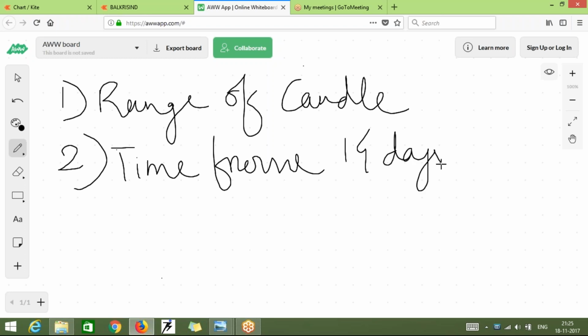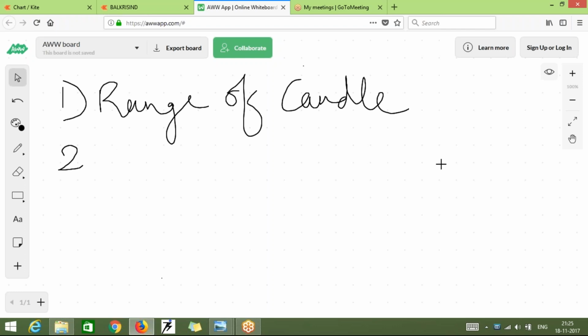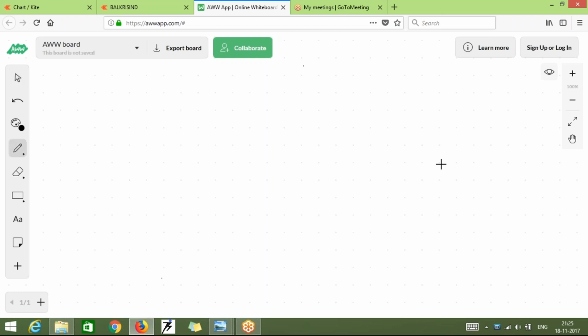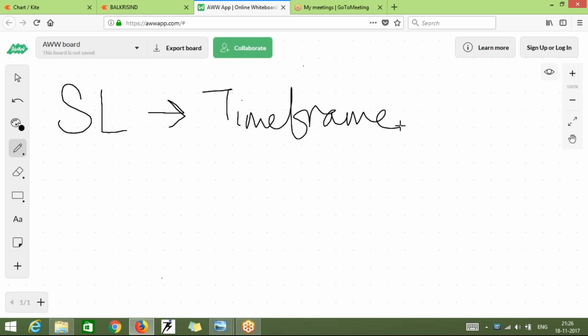Now coming to the strategy of SL, how we will be putting the SL, why ATR is actually used for placing your SLs. Before moving to that, let me tell you something about stop loss. What problem actually arises while placing a stop loss for normal traders? What I have seen is there are two kinds of problems which arise when we are placing a stop loss. The first one is the time frame. What problem can a time frame be?